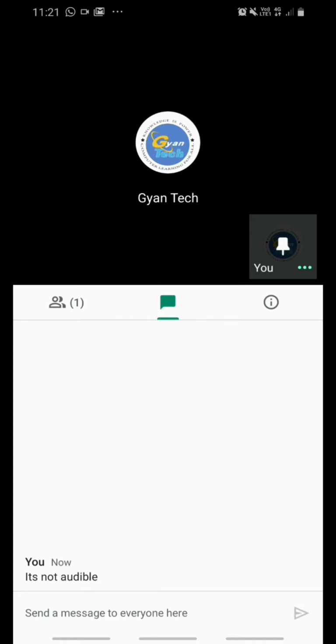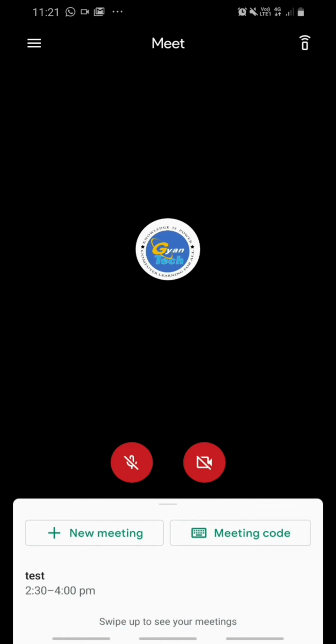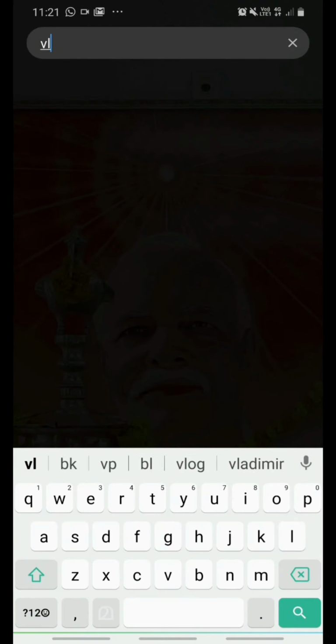And the same features are available from PC also. If you do the same process, some little difference is there, that I'll tell you in the next video session, how to use and all. And please make sure that all these things are done on your mobile. Basically you have to install your calendar option as well as your Google Meet. And I'll tell you how to schedule the meeting.